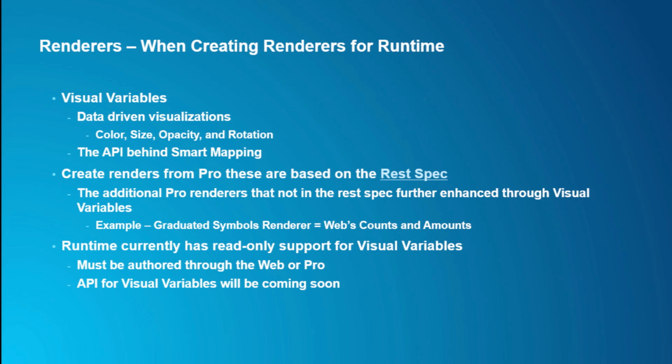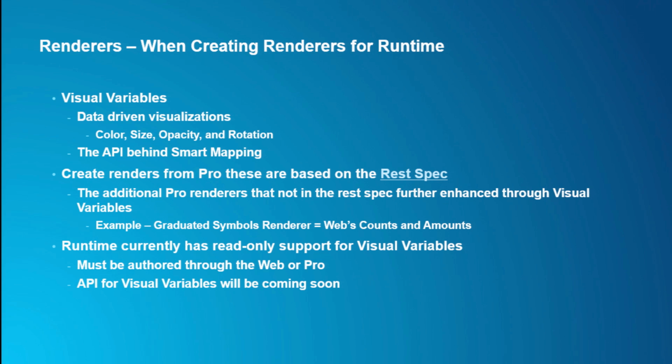That's a visual variable that's doing that. When you author this in Pro, to do that same renderer, you would use a graduated symbol renderer. When you publish that to a web map, it becomes a class breaks renderer with a visual variable. So there are conversion tools that go on that you may or may not need to know. You probably don't actually need to know, because when you publish it to the web, Pro will tell you that